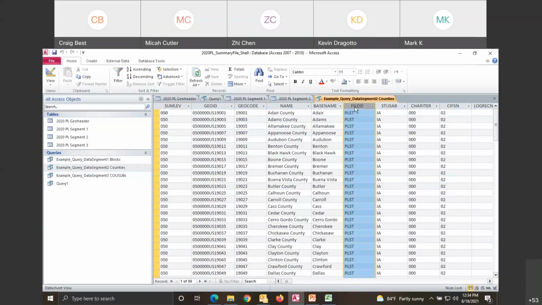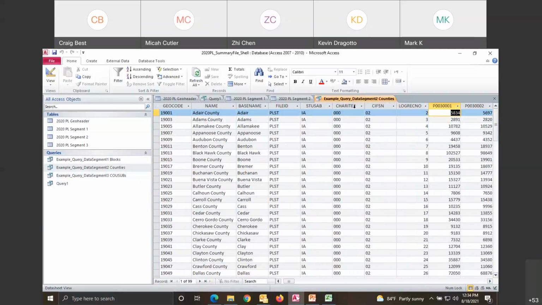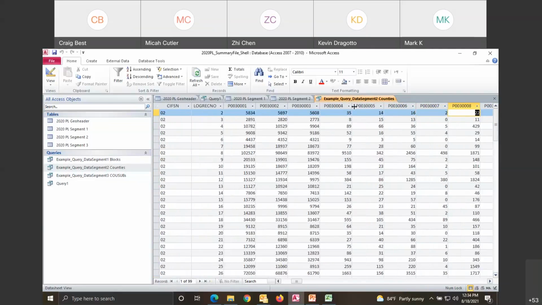They wanted counties. Counties are SUMLEV 050 from your frequently used SUMLEV document. And they wanted Geocode, GeoID, which is a different version of Geocode. The Geocode is the one I'm after. The name of the entity, what they call the base name, so they take out county or city or village, whatever the name is. They just provide the base name for that particular entity. And then they linked it to every single record, every single column, I should say, in the data segment 2. So if you're going across here, here's the first tables, table 3, column 1, table 3, column 2, and so forth.